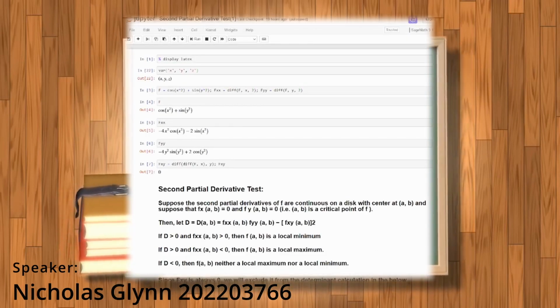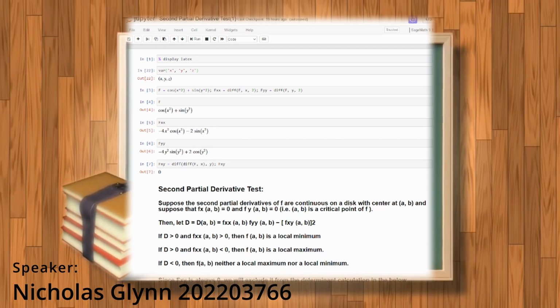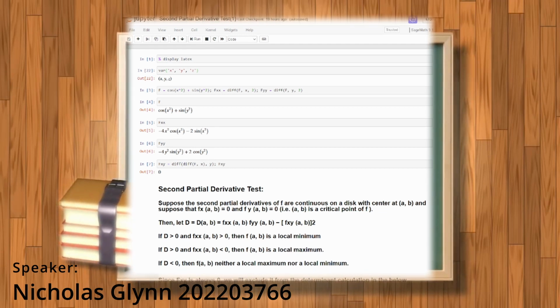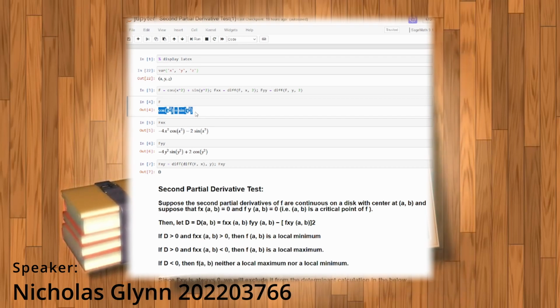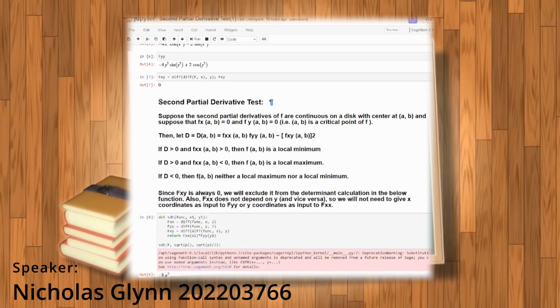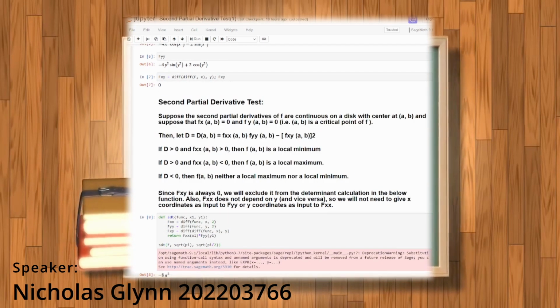Hello, my name is Nicholas, and my role for this project was to classify each of the 21 critical points using the second derivative test of this function here, cosine x squared plus sine y squared. This is the second partial derivative test that I'm using. I'm not going to explain it, but